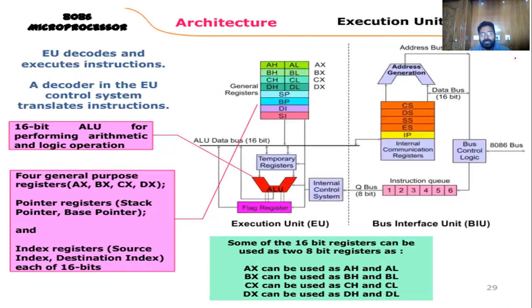The next one I will see is the execution unit. You know that the execution unit is responsible for executing any instruction. You see that this execution unit has general purpose registers, the ALU, and flag registers. You know that AX is a 16-bit register divided into an 8-bit higher order and an 8-bit lower order, like the remaining registers BX, CX, and DX. The execution unit decodes the instruction, whether it is a move, add, or subtract instruction, then sends commands to the bus interface unit.